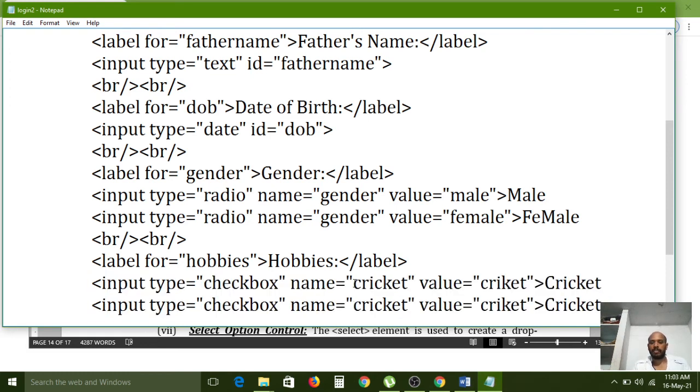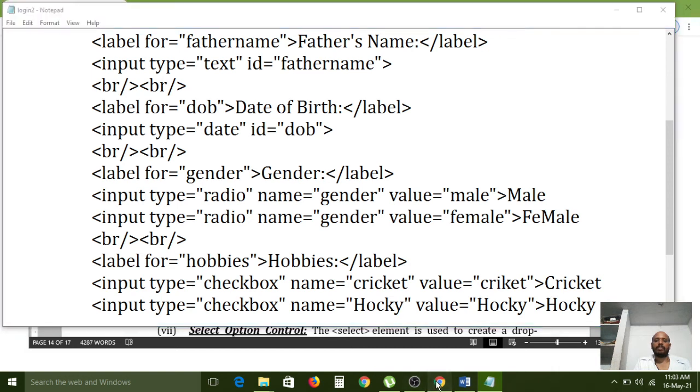Here hockey is also one of the games, that is also one of the hobbies. The same option I am configuring in the next line, instead of cricket, hockey. Right, over. Now I am executing this one.